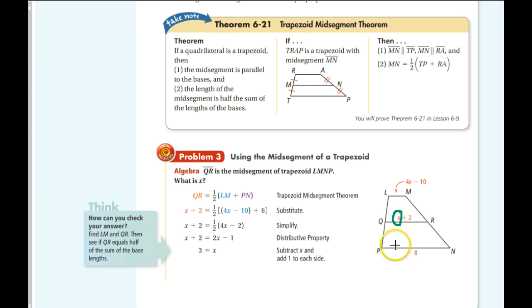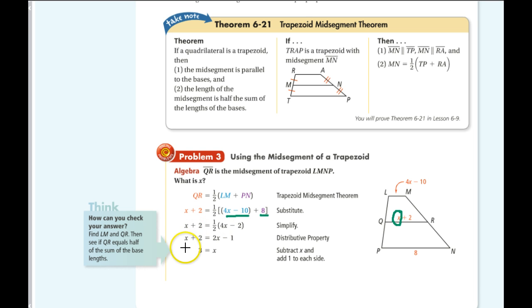Or in other words, we want to find out, first of all, the length of the mid-segment in terms of X. So we're going to use the formula 1/2 (LM plus PN). Substitute for LM the expression 4x minus 10. For PN, it's 8. Then when we take these and simplify them, we'll end up with 1/2 (4x minus 2) on the right side, and on the left side, x plus 2 is the expression for the mid-segment, and we know those are going to be